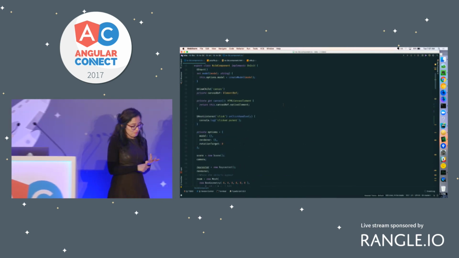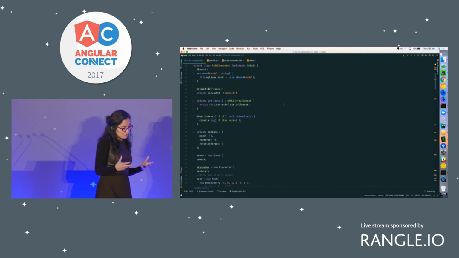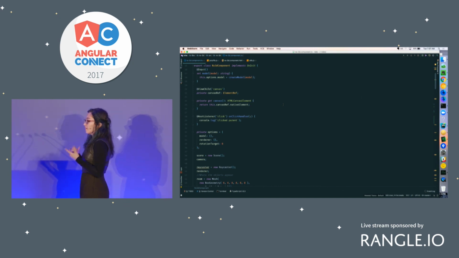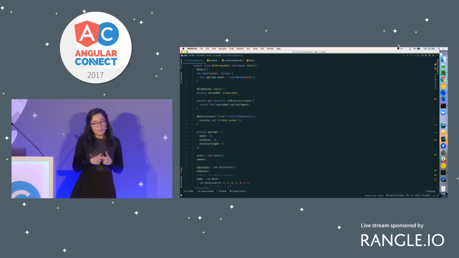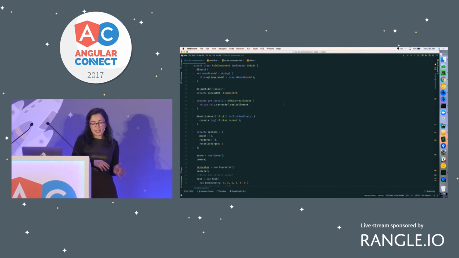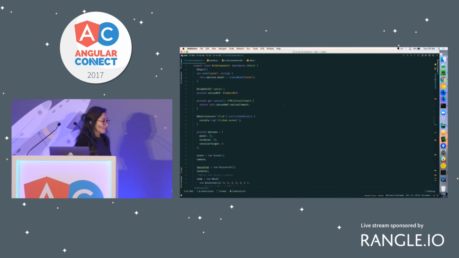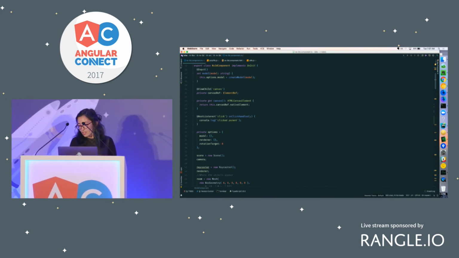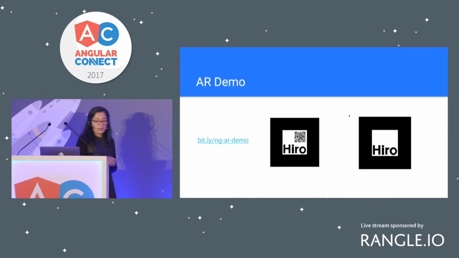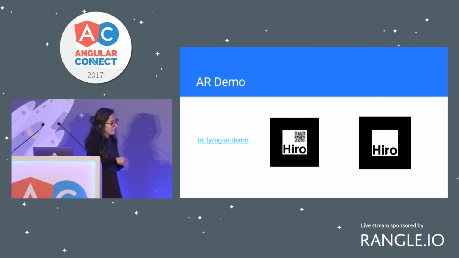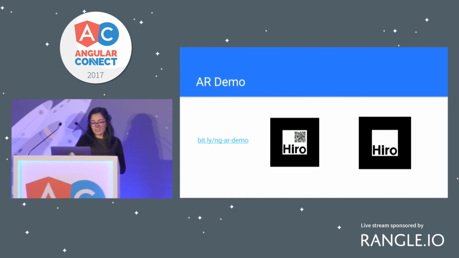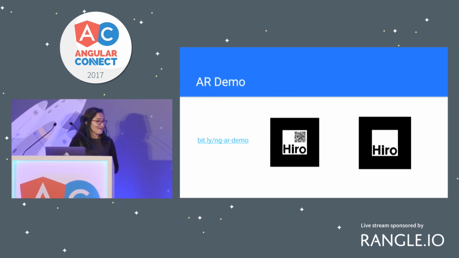So we've learned what we need to use to create our WebVR experiences. We need to create a 3D world with a camera, lighting, and we have interactions with raycasting, and we have these options to load any kind of object and interact with them through the raycasting. And you can find some of the other details in my code, which I will tweet later on. And if you are curious about the AR, I have this AR demo that you can take a look at. You have to have this image, which is called the hero image, that you can just show through your phone to be able to see anything on it. And it doesn't work on iPhone, as mentioned.